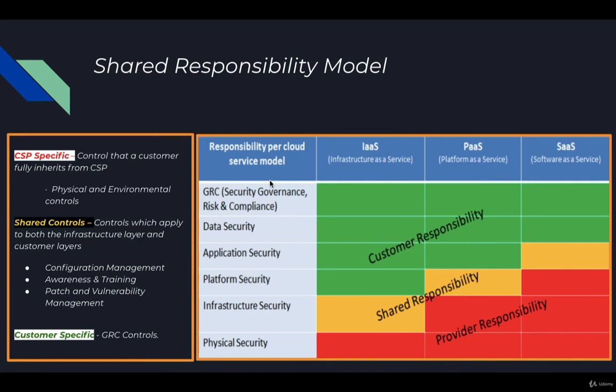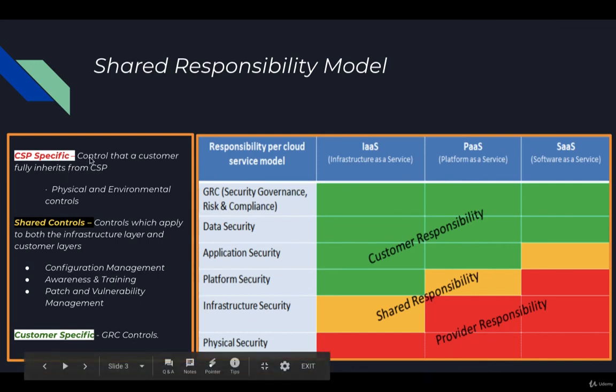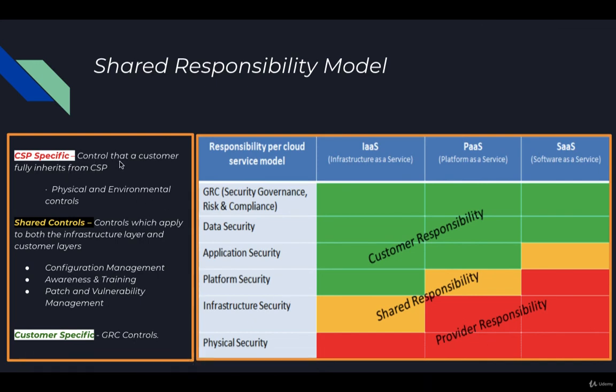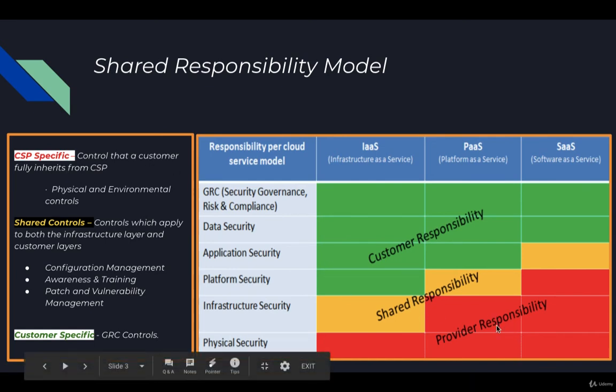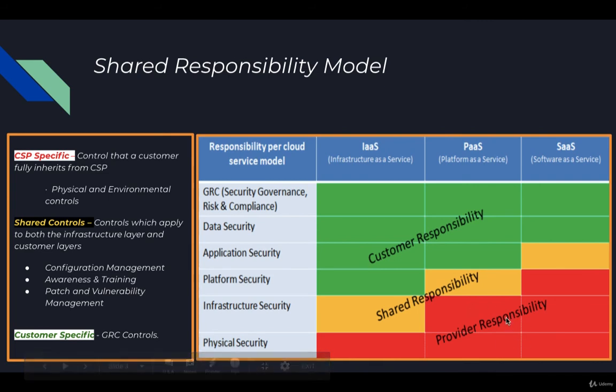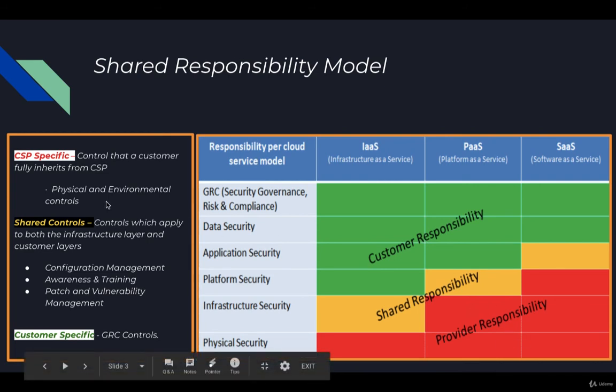So, like we discussed, another way to understand is the mark which is marked in red, that is CSP specific controls that a customer fully inherits from the CSP. It is like, CSP has already implemented the controls and given them to the customer, like physical and environmental controls. These are basically the